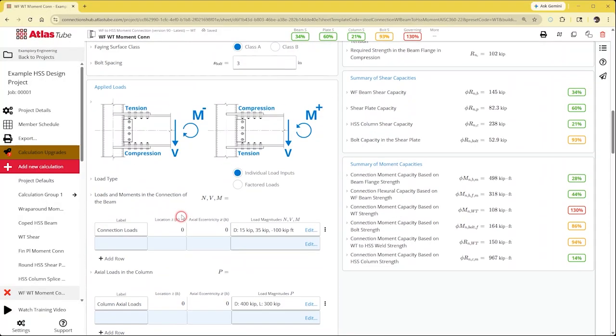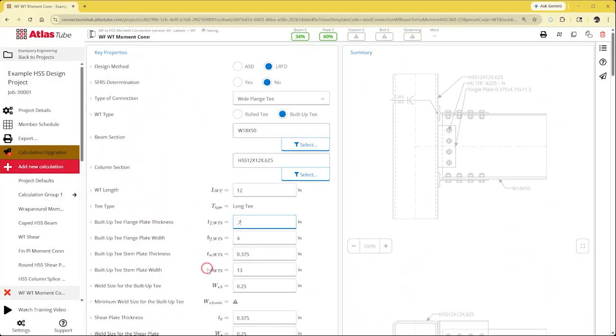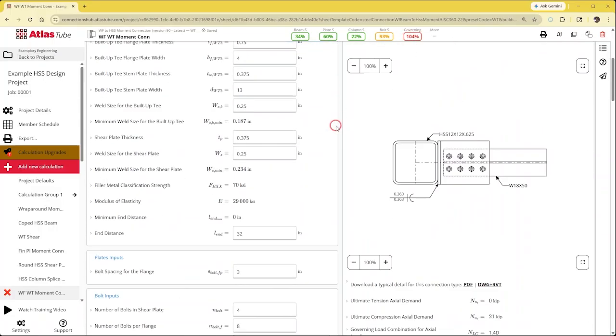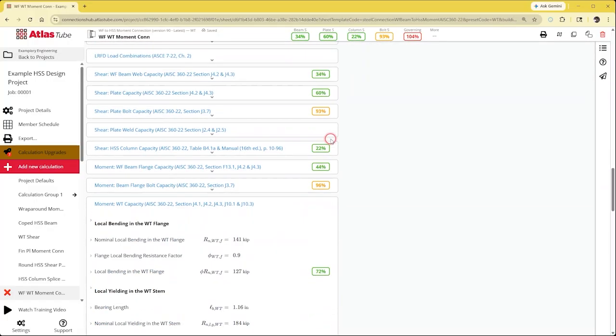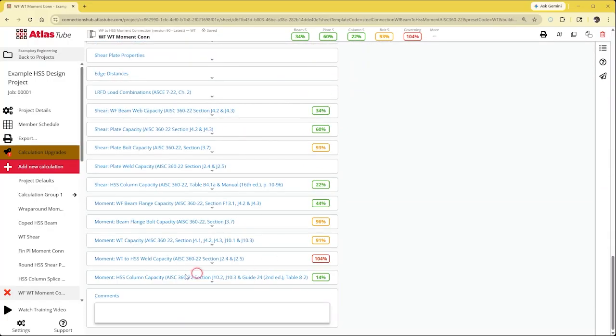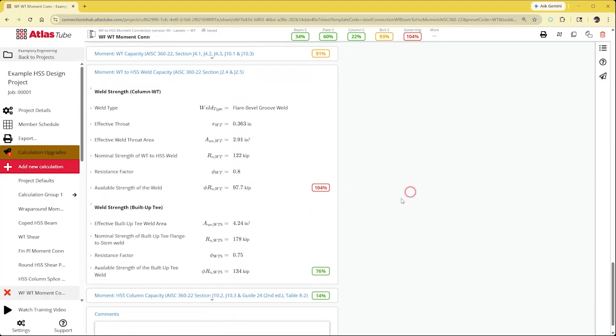And again, because this is now a built-up WT, it's easy enough for us to come up here and just increase the thickness of that flange. So instead of using a 1/2 inch plate, we'll use a 3/4 inch plate. And now we've gone from 130 to 104. So let's take a look at what that last limit state is. Close that previous one and go now to the weld capacity. So 104%. This is a limit state that actually the rolled WT was working for because it had a wider